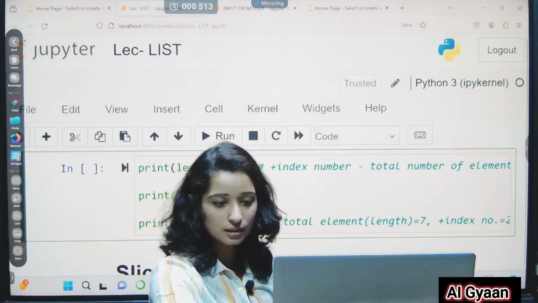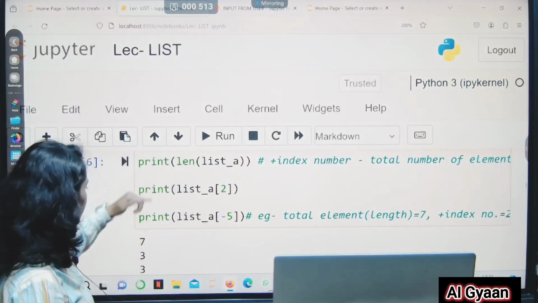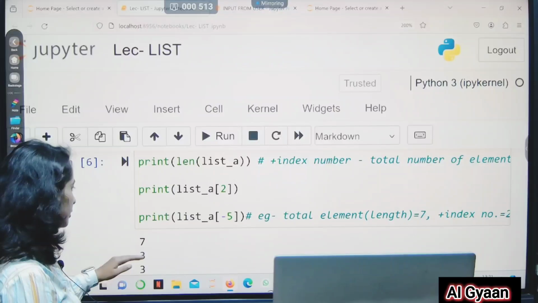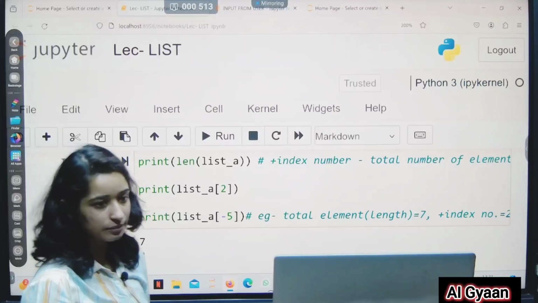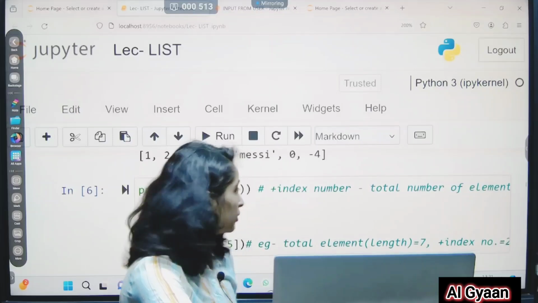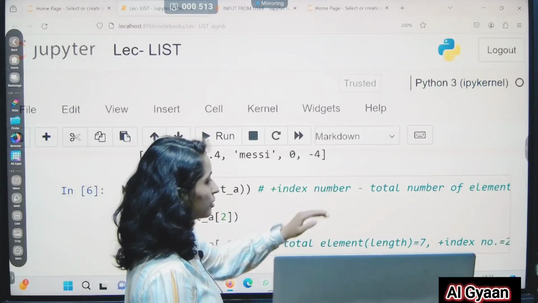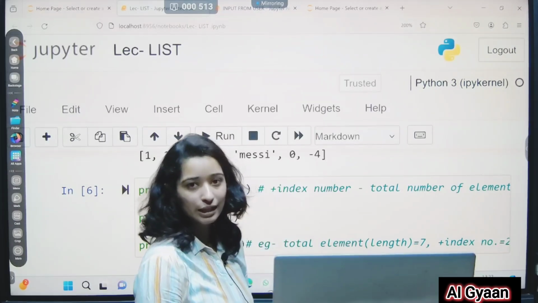So see, for the first one the output is 7, for the second one the output is 3, and for the last one the output is also 3. Do remember that the last index number is always 1 less than the total number of elements.